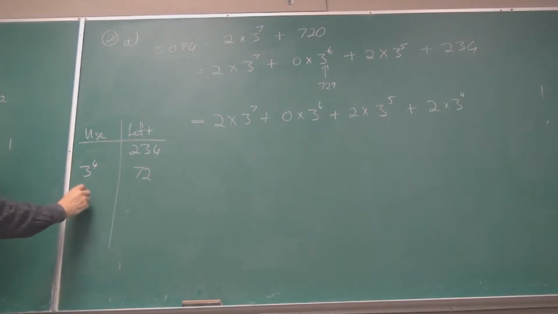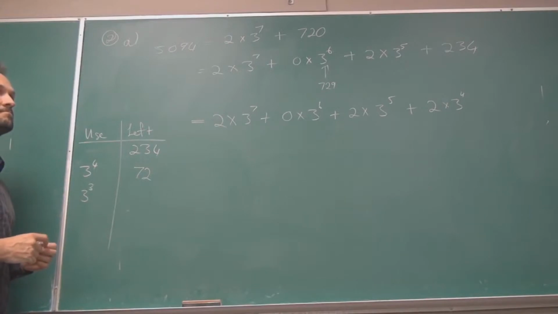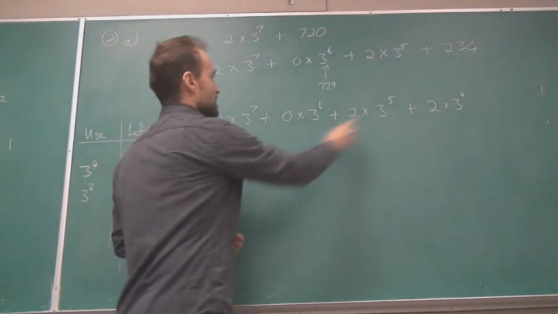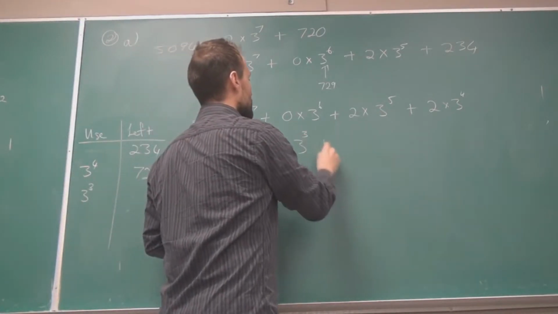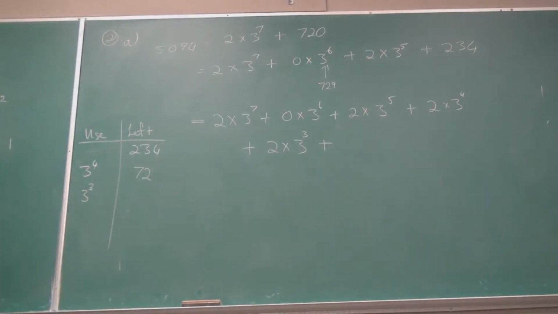Then I'm going to use 3 cubed, which is 27. How many 27s fit into 72? 2. So I can keep going here. 2 times 3 to the 3, and I have left